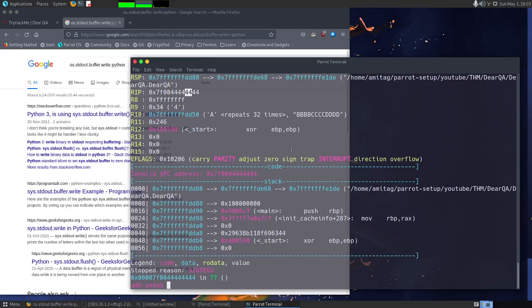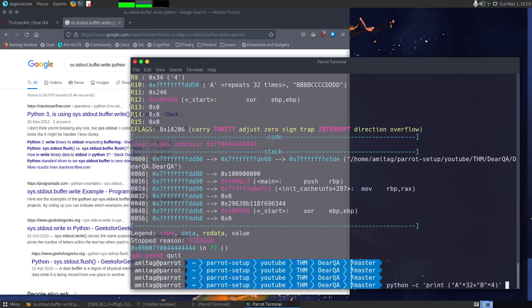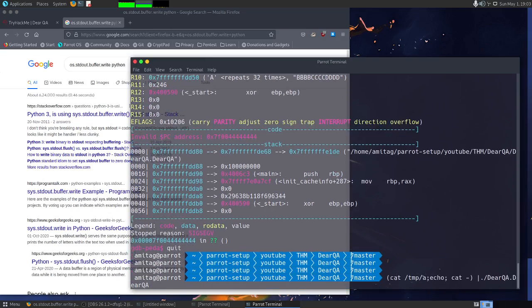So now we are able to overwrite the RIP with the address that we wanted, and so basically it means that we were actually falling short of 8 characters when we were originally writing this into our temp A file. So let me change that, and instead of 32 let us give 40, and this is logical,